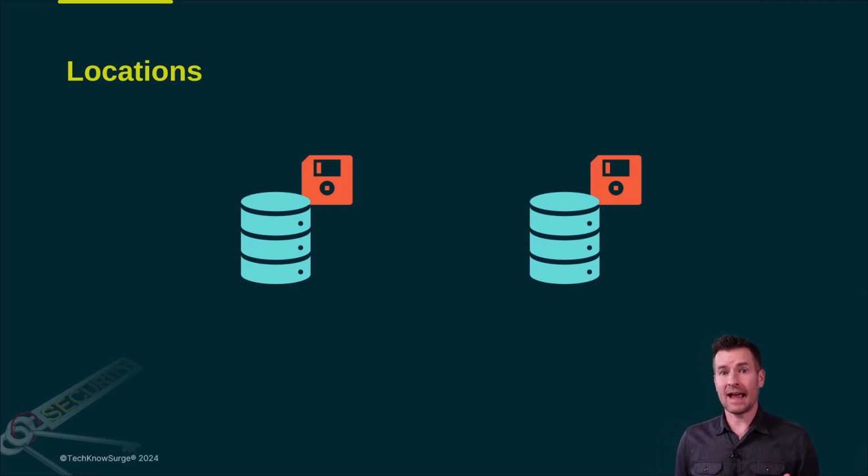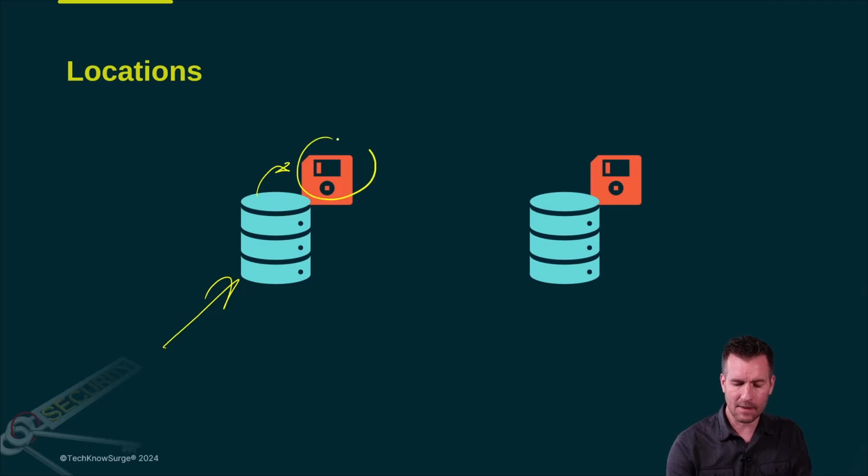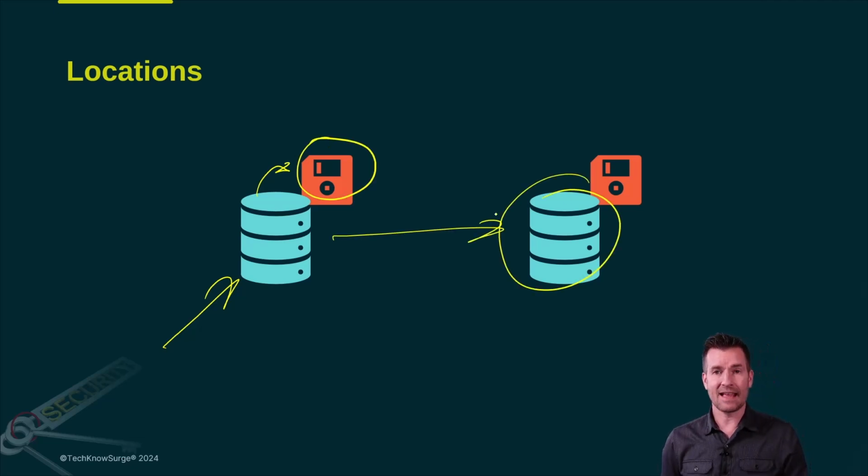Because data resides in a lot of different places. For instance, we may have a database where that information is, and perhaps we have a backup copy of that as well. And maybe we have another site that has that same information in case we need to fail over to that site with a backup copy there. So what we need to do is think about all of the different locations that this data could exist.